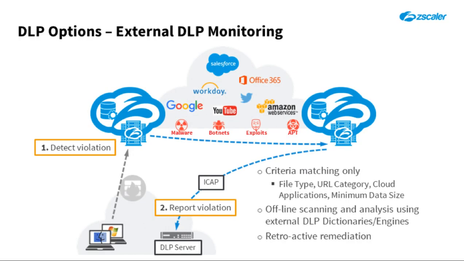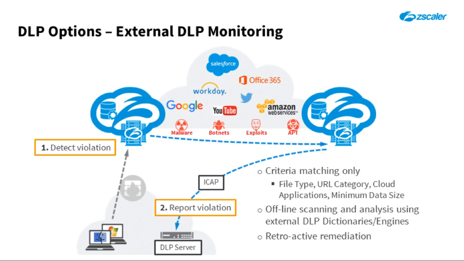Suspect traffic is forwarded to your existing on-premise or cloud-based DLP server so that your organization can perform detailed analysis offline as necessary, leveraging a comprehensive set of external DLP dictionaries and engines. The forwarding is actually done through a Zen on another cloud that we use for sending communications to your DLP servers. And to protect your organization's data, Zscaler recommends that you have the Zen send the suspect transactions in encrypted